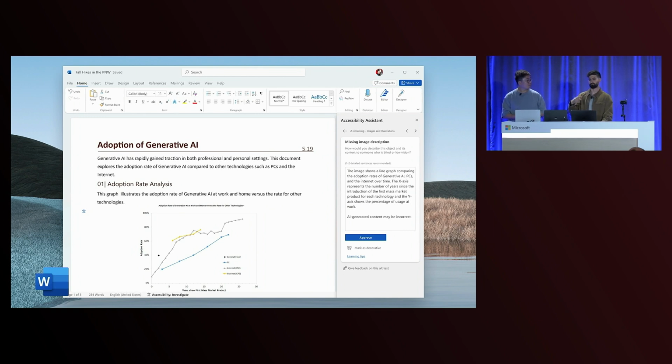And if you reflect on alt text that you've seen in the past, it'll say something like a graph or something very basic. This description tells you what's on the x-axis, what's on the y-axis, what's being compared, and so it has a lot more fidelity to the description. It's quite detailed. It's awesome.